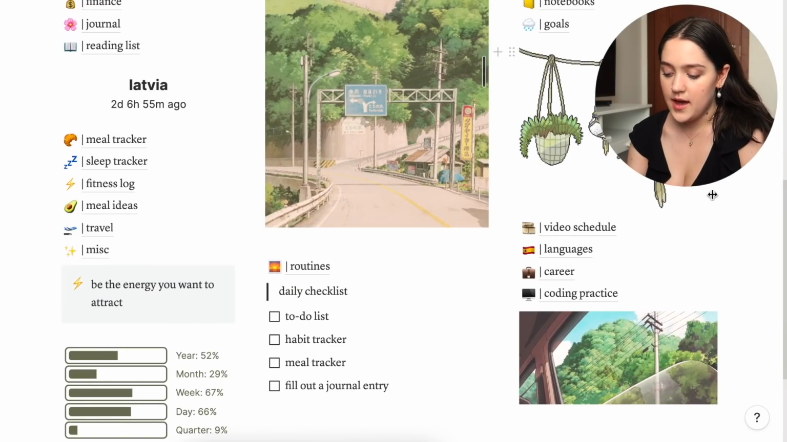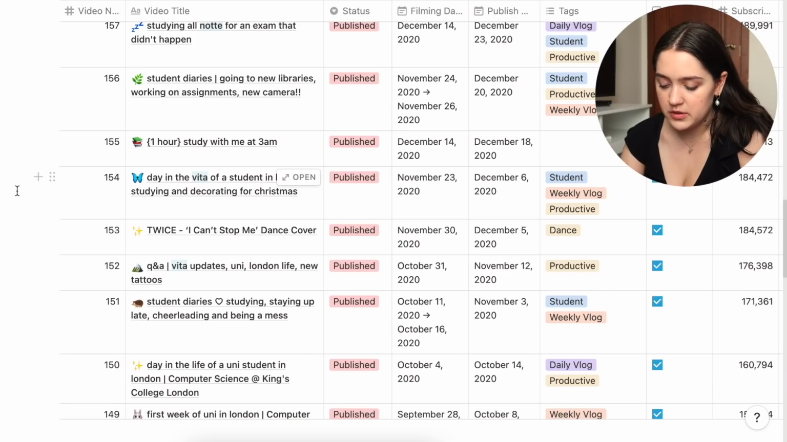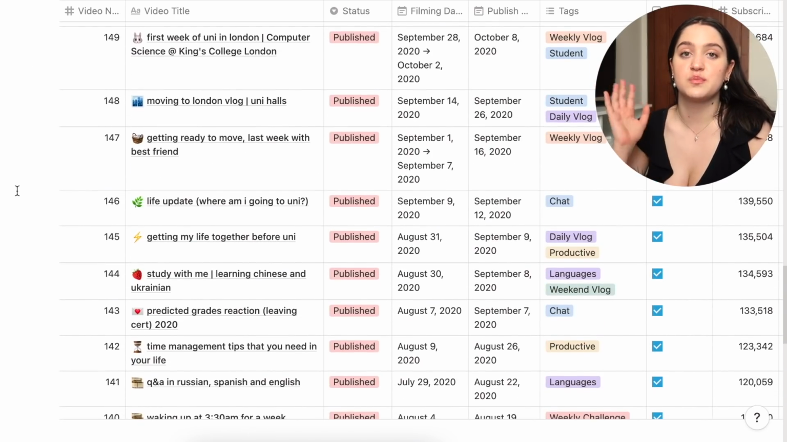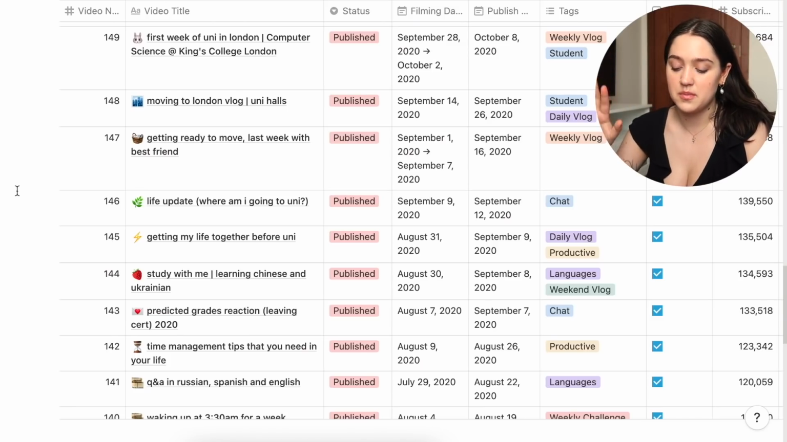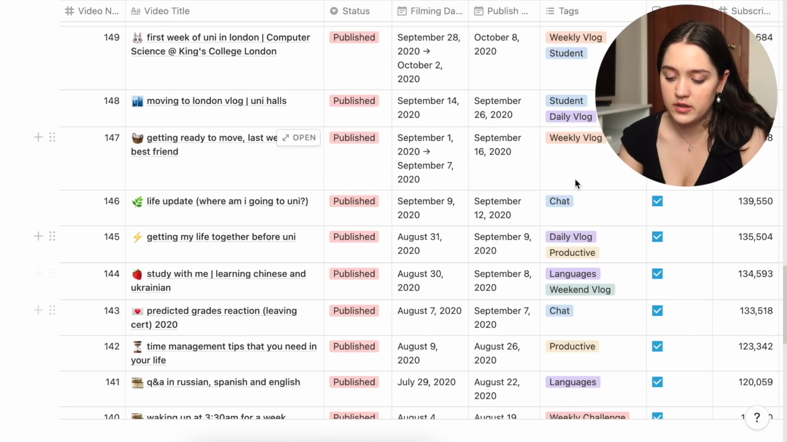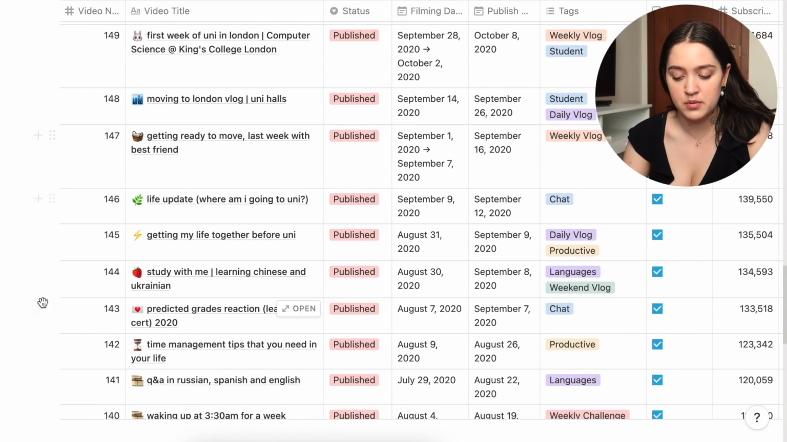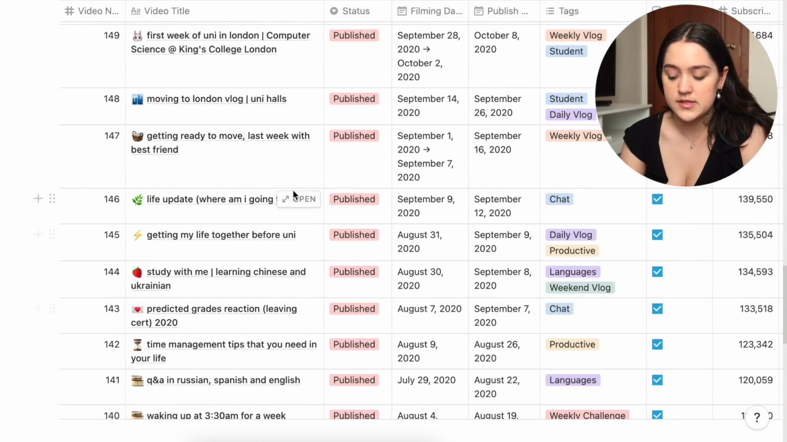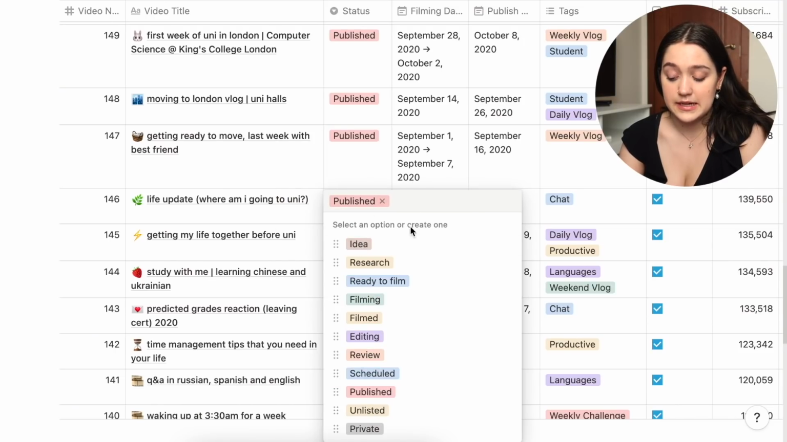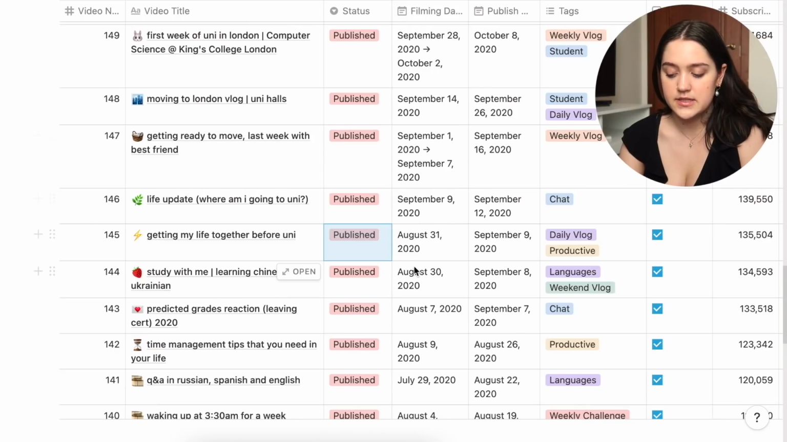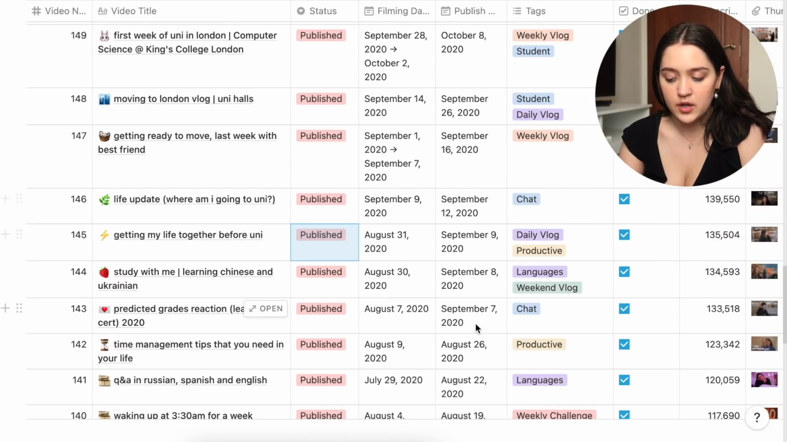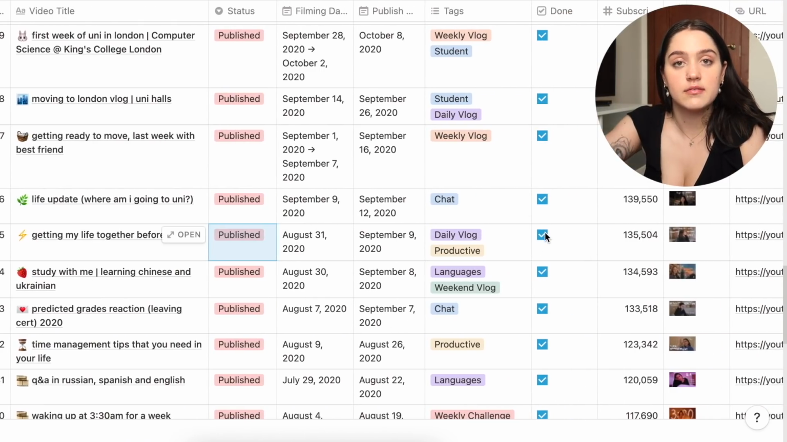The next thing I have is video schedule. So I'm gonna scroll down to videos that I've already posted before because I don't want to show you guys the upcoming videos, but basically this is what the video schedule tracker looks like. So we have the number of the video, title, and the status. Status could be idea, research, ready to film, and so on. Then the date I filmed it, date it was published, what kind of video it is, and then a check for when I finished the video,